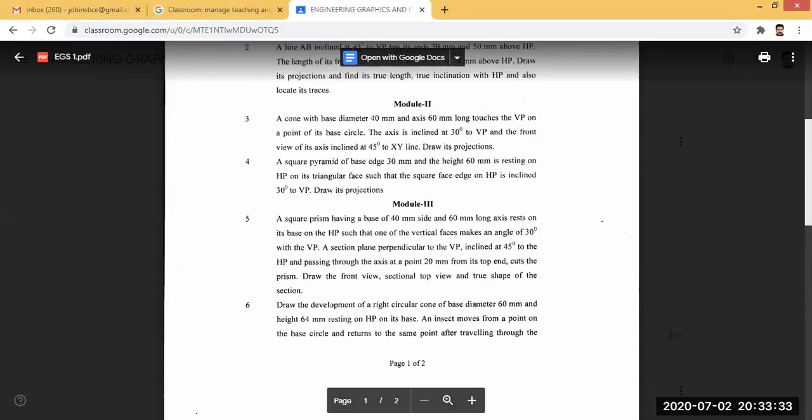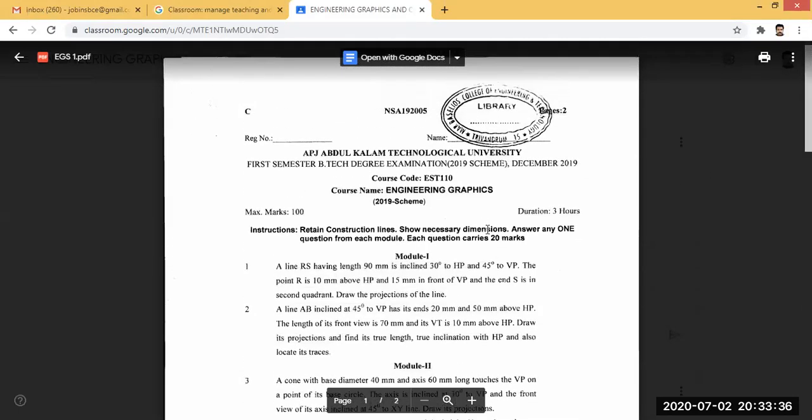So that's all about the course assignment. You have to create this as your final course assessment. When you prepare the assessment, make sure that the year is very, very important. Suppose you are creating the 3D models of the December 2019 question paper, you have to mention this year in the assignment. Otherwise I can't understand which question paper, which question number, etc.